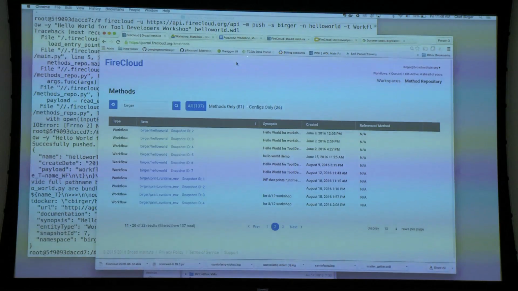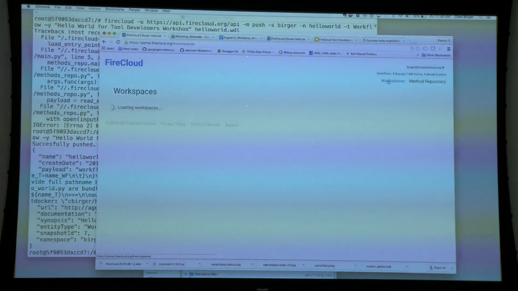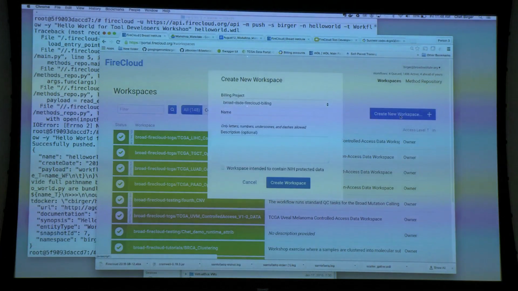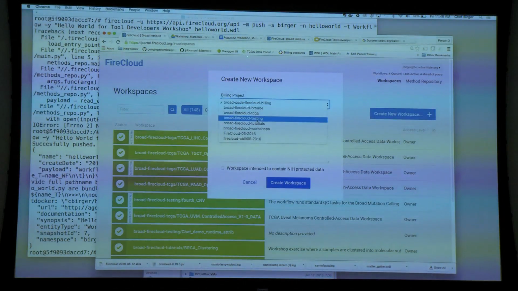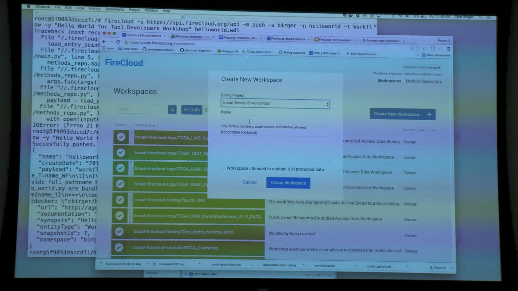Why not? Because I want to upload. Got it. Yeah, it's just easier. So I'm going to go to Workspace. I'm going to create a new workspace. I'm going to charge it to BroadE FireCloud Workshops. I'm going to say Hello